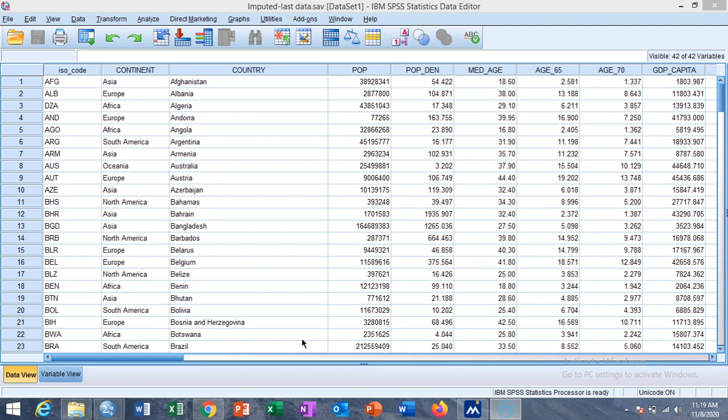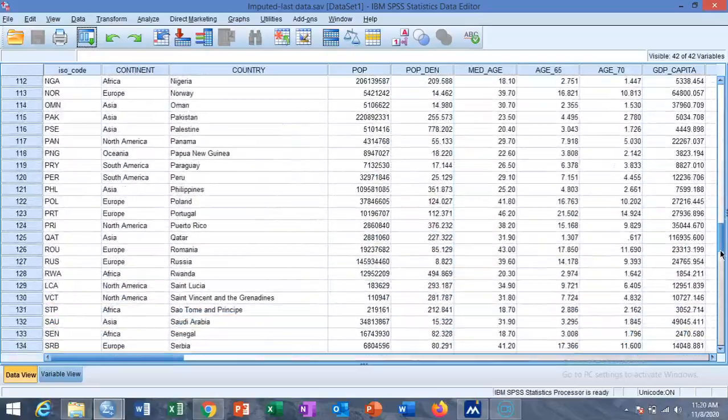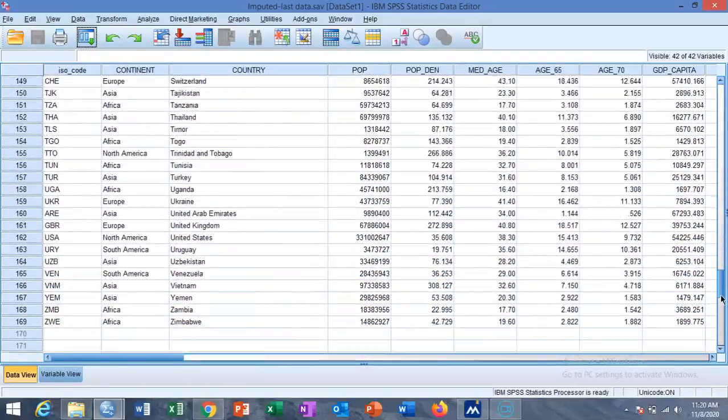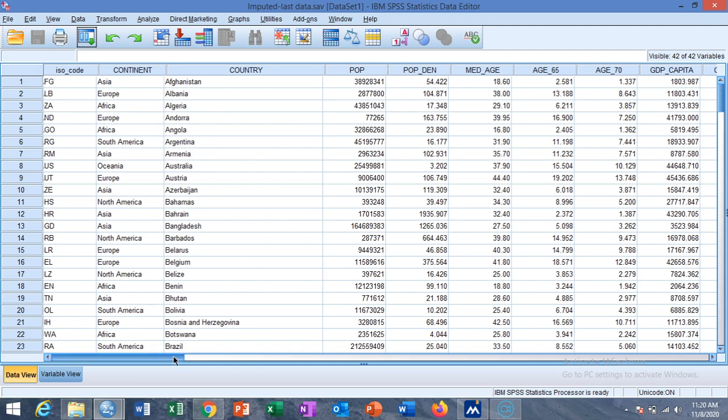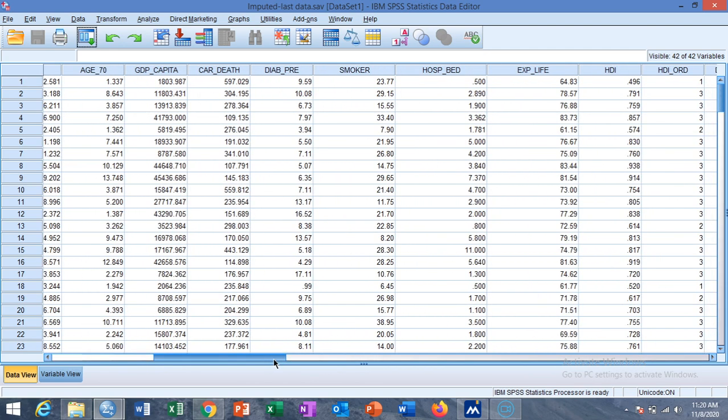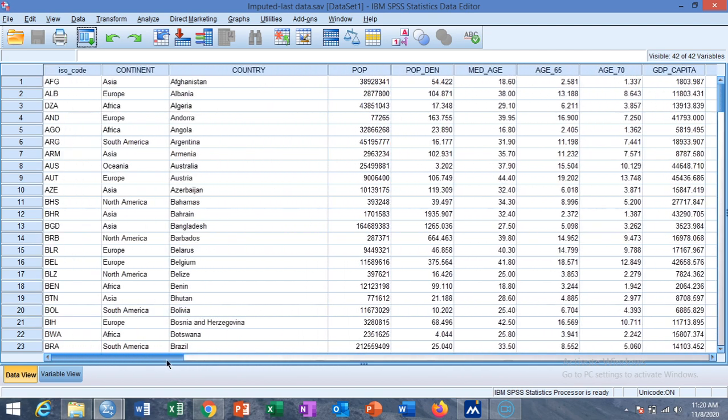In this tutorial I have taken data from COVID-19 world data consisting of, I think, 169 countries. You can see here, with different socio-economic, demographic, and health-related variables. We can see the various COVID-19 infections around the globe using the